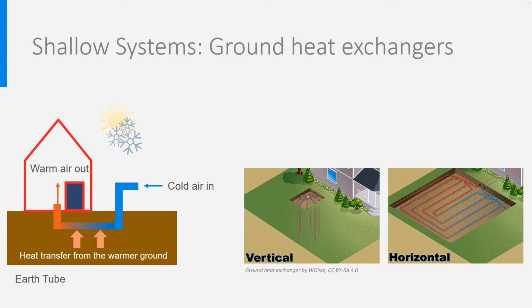Even more important is to make sure that the ground has the ability to recover enough heat during the hot season. Otherwise, it would become colder each year and the performance of the heat pump would decrease a lot. So, these systems work well when there is a warm season long enough to regenerate the ground temperature. Alternatively, this can be aided by using the heat pump as chiller in summer and delivering the condenser heat to the ground heat exchanger. There are also systems in which a solar boiler is used to deliver additional heat to the ground during summer.